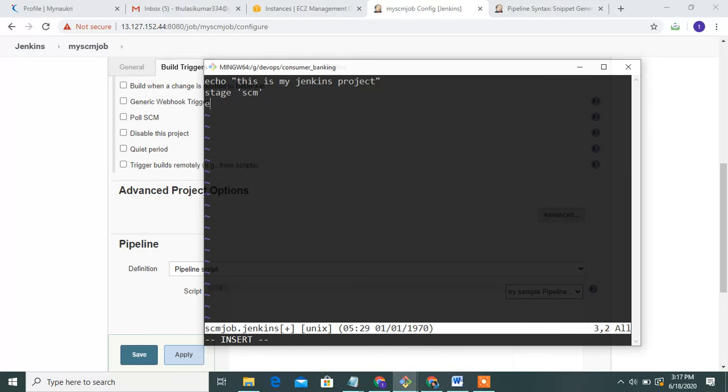Then echo, echo this Bitbucket. Then go to another stage.